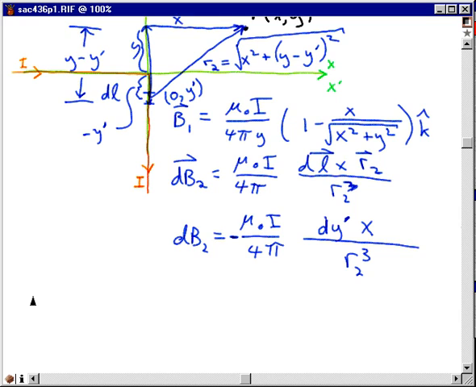If we look at it in terms of IJK notation, I can say that this equation becomes dB2 is mu 0 I over 4 pi times dl, which is a step in the minus z direction. I'll call that dy prime, and remember I am going to be integrating from 0 to minus infinity, so that is a negative quantity already. So times j